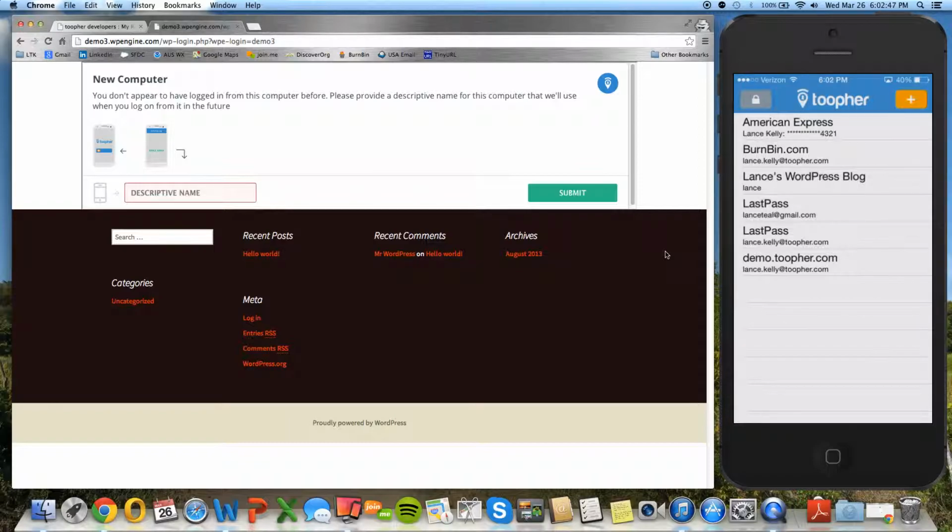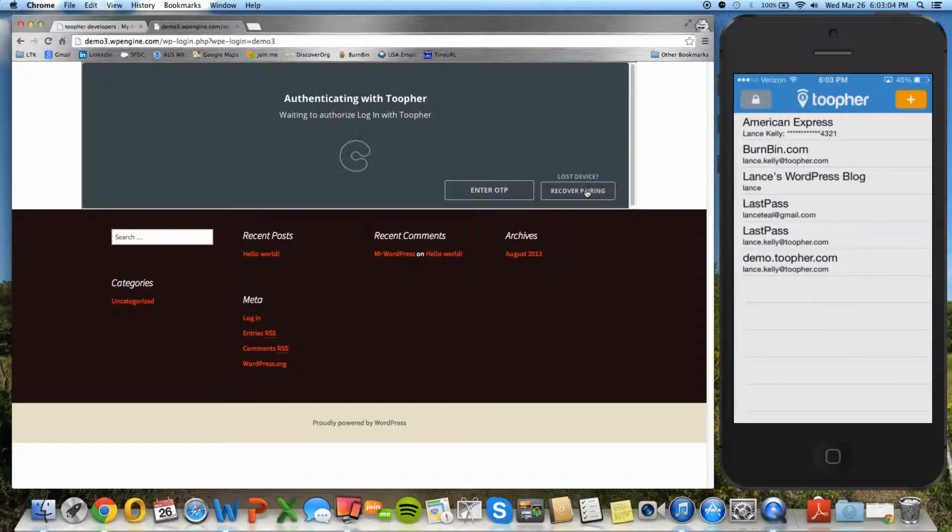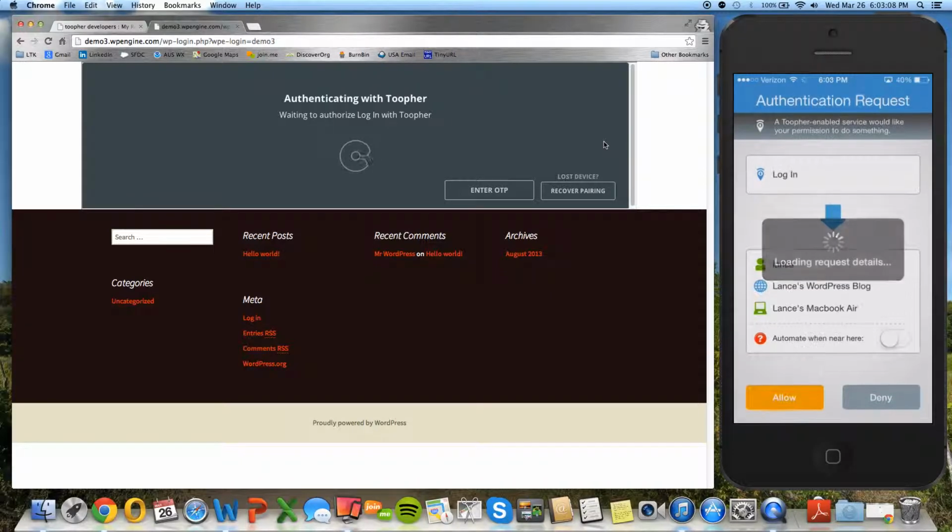So what I will be prompted with here is, you appear not to have logged in from this computer before, so give it a descriptive name. So there's my descriptive name, and it will do this the first time, so it's going to ask, do you want to log in with these credentials on this site, on this phone, or I'm sorry, on this device,